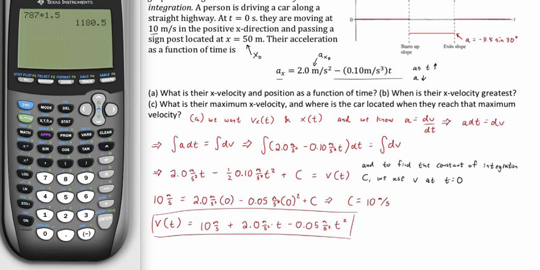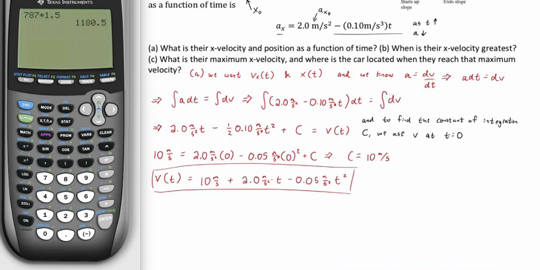Okay, so you just want to do the same thing for position. Okay, so the position function, what is that going to look like? So, all right, well, we've got that the definition of velocity is dx over dt. So then we can write that as v dt equals dx and integrate both sides. Okay. All right, and then that's going to give us, so I should put this in the next line,